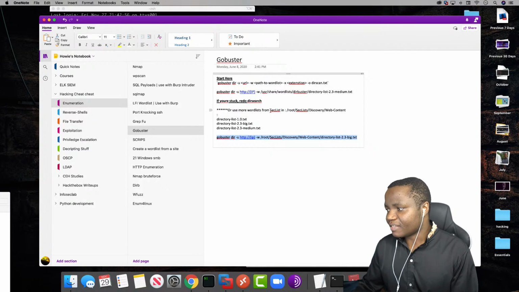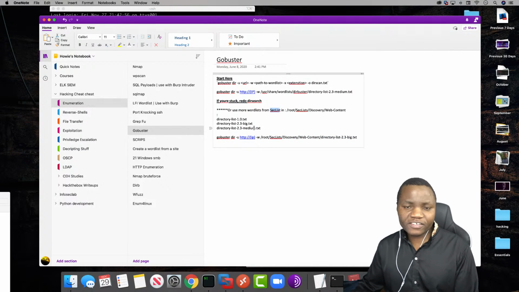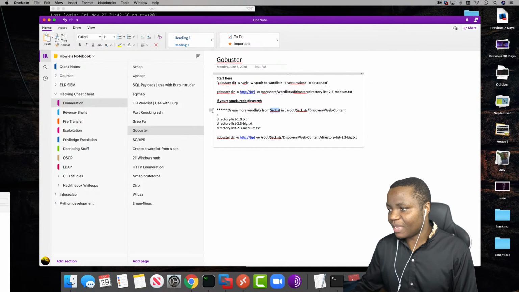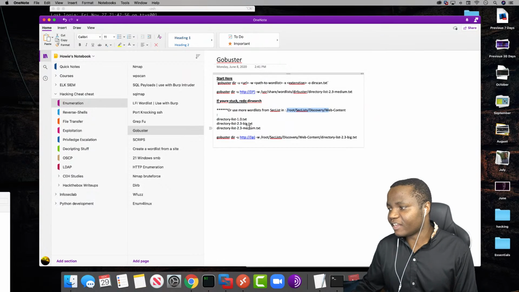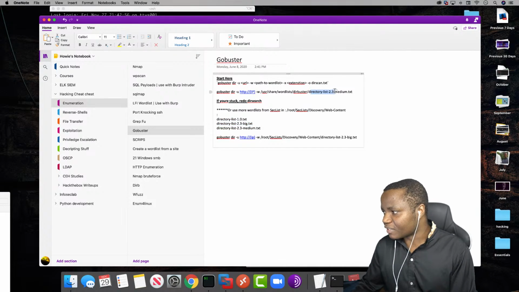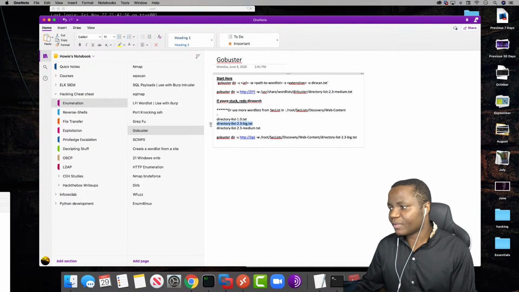But SecLists, not only do they have word lists for web content, but they also have shells and a bunch of other tools. And here I made it easy for myself. I told myself, hey, this is where you keep your SecLists, and here are your different options. Sometimes you want to start with maybe a smaller one. I can move to this one. I want to compare this one to the medium.txt and see how they compare. But